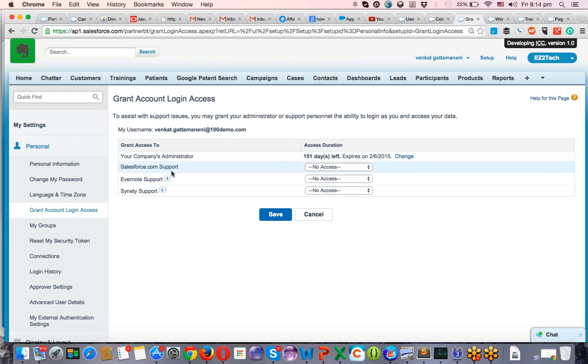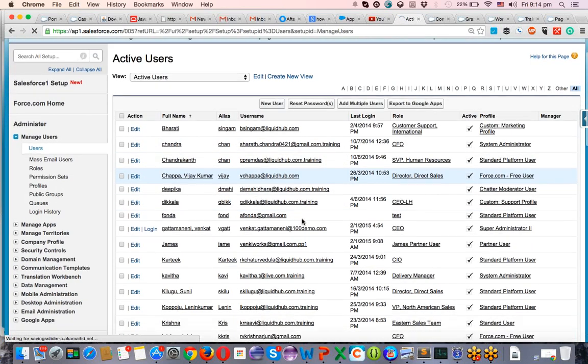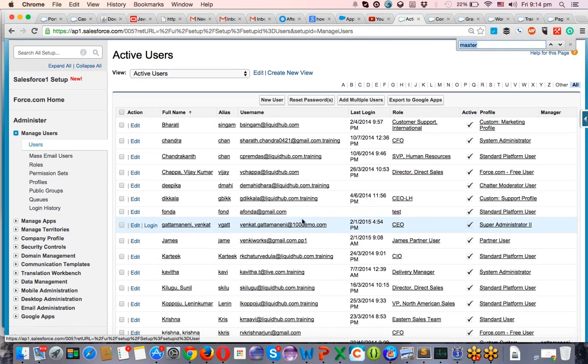You don't need to do that. Okay. The reason why is there is important data in your organization. You cannot share the data without taking approval from your system administrator. He will do that. You have to share login access permissions only to your company administrator only. Without username and password, they can directly log in to your system by going to the users page. For example, I'm clicking on users. If you have given to your company administrator, I might have got access for that.